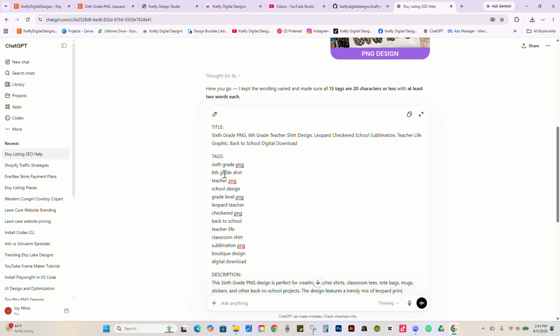6th grade PNG, 6th grade shirt. So it's not a shirt. So we want to make sure that if we're doing shirt, that for the tag, it's a shirt design, a shirt PNG. I don't want to start ranking for shirts if I'm not selling a shirt, and I don't want people looking for a physical product to find my listing when they don't want digital. I need digital only. Now, obviously, there's going to be some overlap just because of how Etsy's search works,